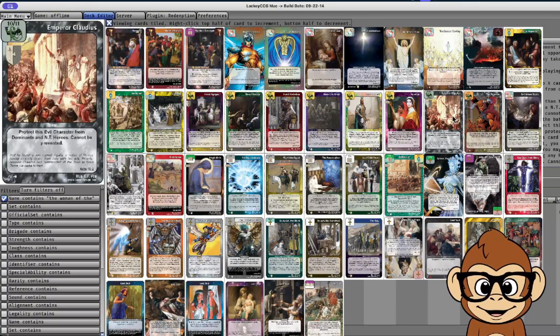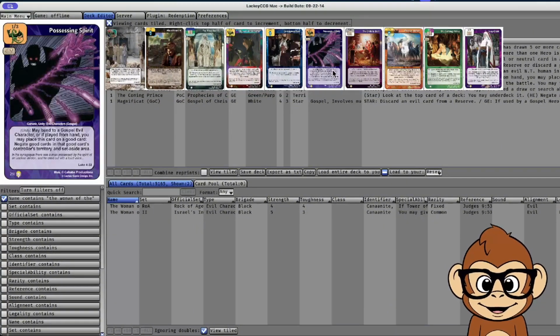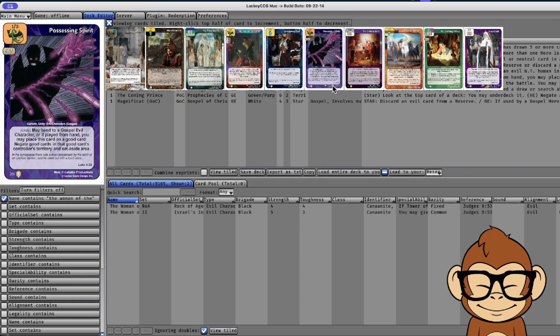And Possessing Spirit's another card that I like because you can use it on offense. They have storehouses, if they have Herod's Temple protecting their territory. Possessing Spirit will let you go on the offensive and take down their hand protection, take down their defense if they're using good fortresses to protect it. So